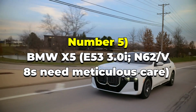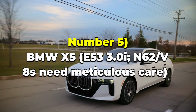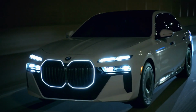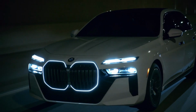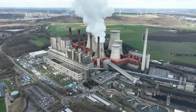Number 5. BMW X5, E53 3.0i, N62 V8s need meticulous care. Classic X5 longevity, with caveats. The E53 BMW X5 with the 3.0i has a reputation among owners for hitting big mile markers when treated right. The caveat? Certain V8 engines, notably the N62 and similar high-tech power plants,